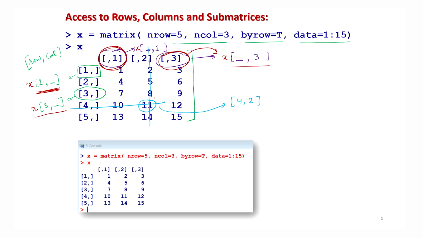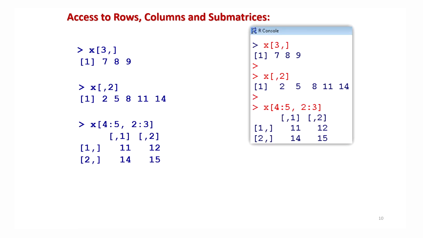And similarly, if you want to address a particular element 11 whose address is at the fourth row and second column, then you simply have to write down here X 4 comma 2. So this is one of the very simple rules by which you can write down these addresses and recall them inside any program. Let me give you some examples so that you can understand them clearly.